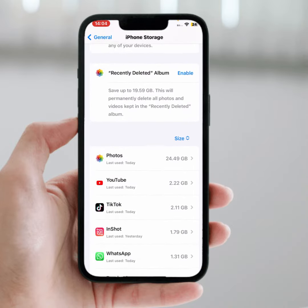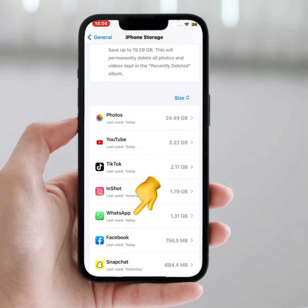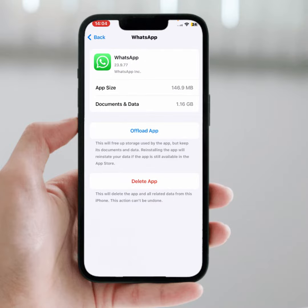From here, scroll down and tap on WhatsApp. What you need to do is offload the WhatsApp app, and after a few minutes, install it again, and after that check whether the problem has been fixed or not. If the problem is not fixed, then go back